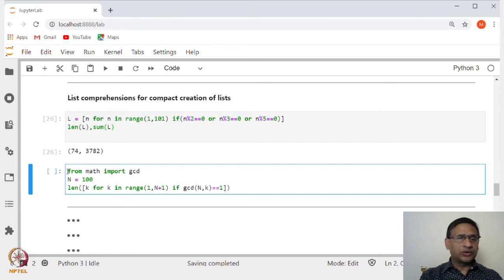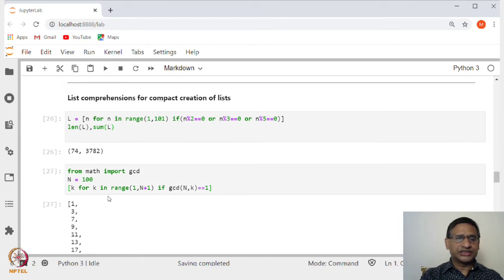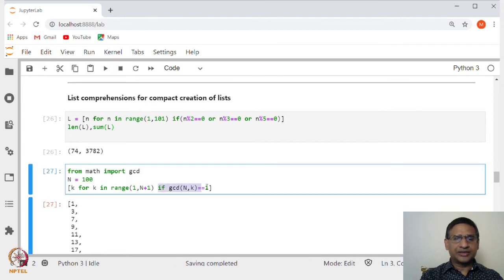We already know that there is a function called gcd in the math module. So, let us import that function, and let capital N be 100, and then we will generate a list of all those integers k for k in range 1 to 101. And when do we take that k? If gcd of n and k is 1.